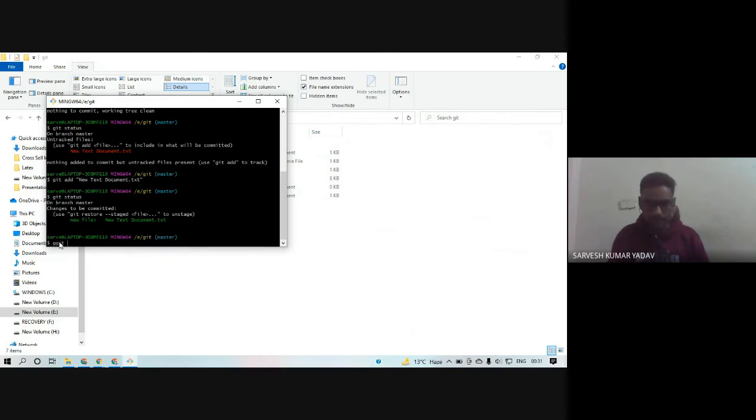Use the command git commit, and now either use the file name or just write git commit. If you want to write a message, you can write it like this with -m. Under these quotes, write the message, first commit.